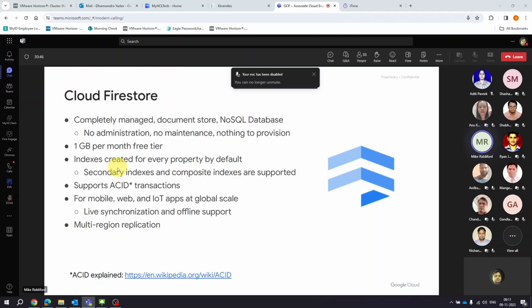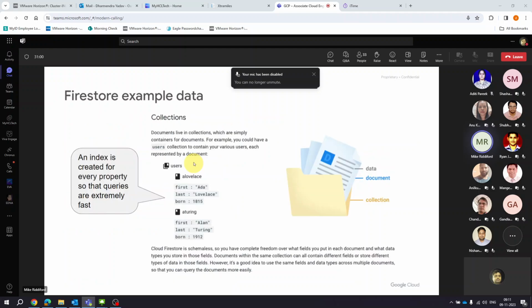So again, here's another example of a collection. This time the collection is about famous computer people. So we've got Ada Lovelace as the first document in the collection. The collection is users. And again, in this case, the Ada Lovelace document and Alan Turing document have the same structure, but they don't need to. So you'll see at the bottom here, I'm not sure if you can read it off the screen,